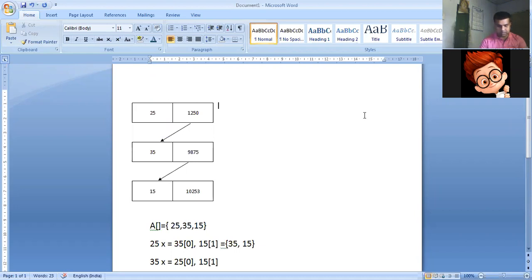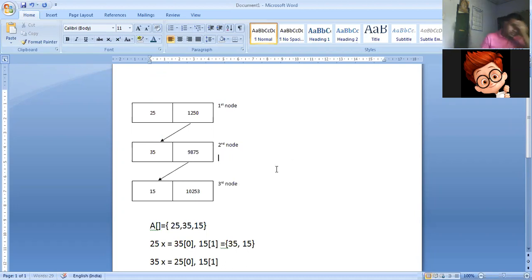So let us label this as the first node, this as the second node, and this as the third node.